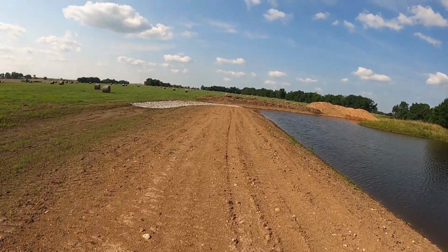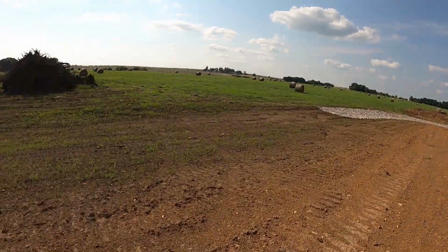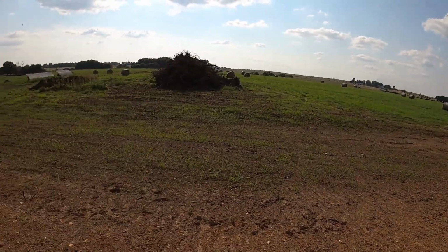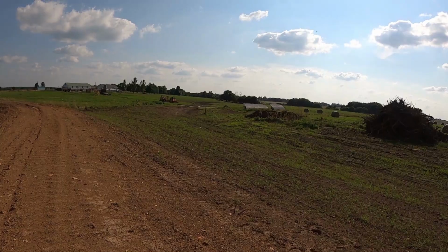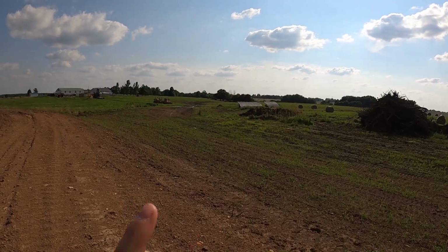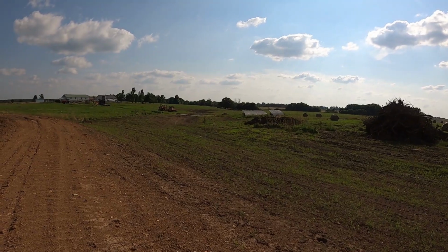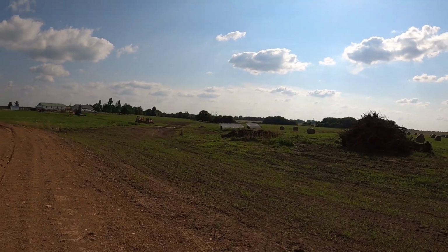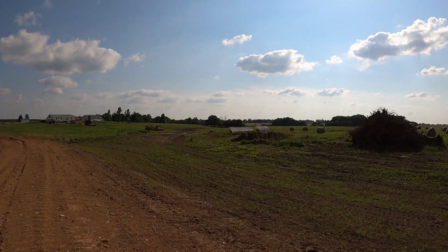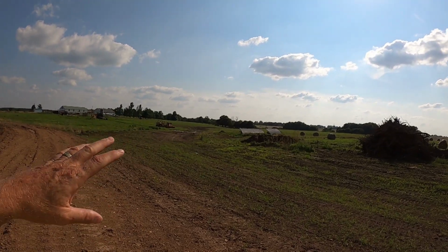But again, over here there was water running this direction, water running that direction, and luckily he got enough grass in here quick enough that it really didn't erode out much. Holding some water down past the crossing down there, it's holding, but that area there, he's got cows in that field, and I was afraid that was going to happen. The water was flowing out like it's supposed to, but that there area I had to work really hard,